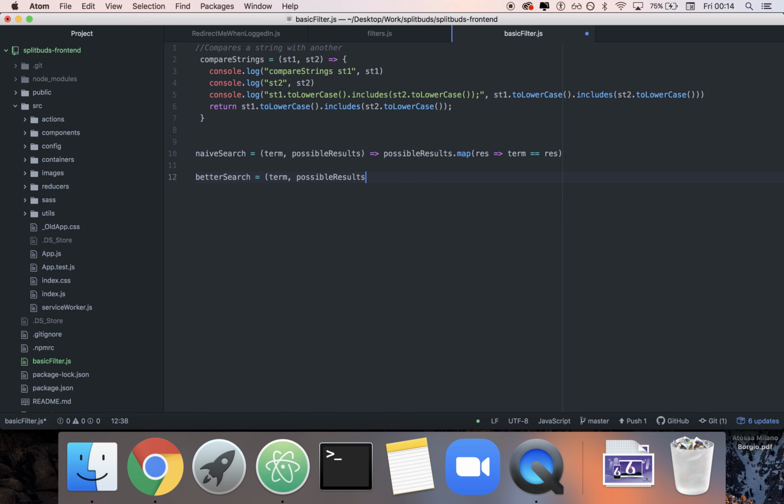And the reason why you put both the results and the term is that way you can test stuff. You can build tests super easily like this. So we're going to do again possible results dot map res, and this time we're going to return a compare strings of res and term. All right, and this means that if res includes term, then we return it,